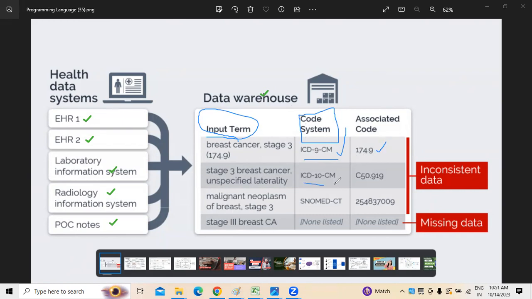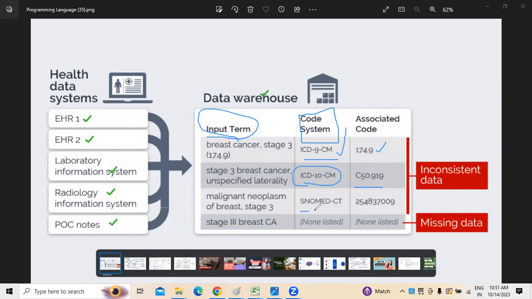At the same time, if it is ICD-10-CM used for the particular input terminology,